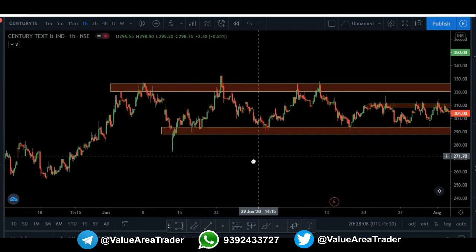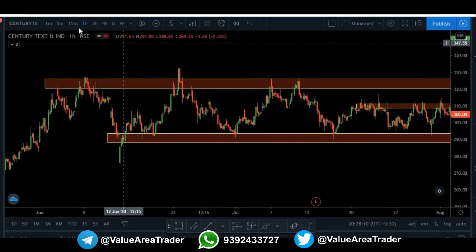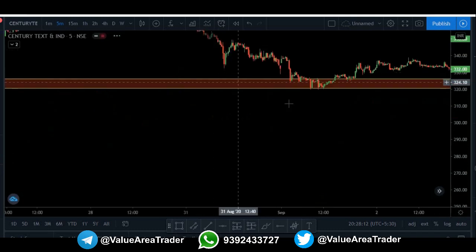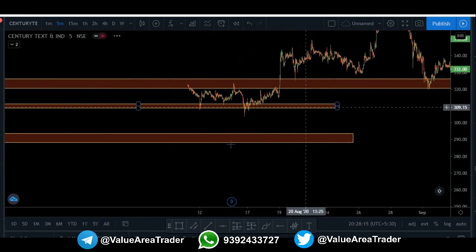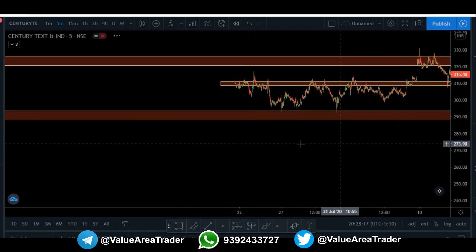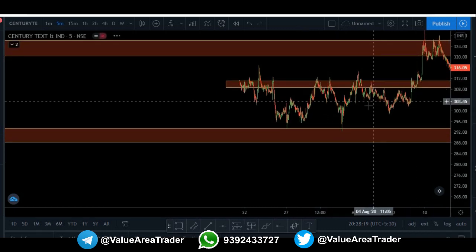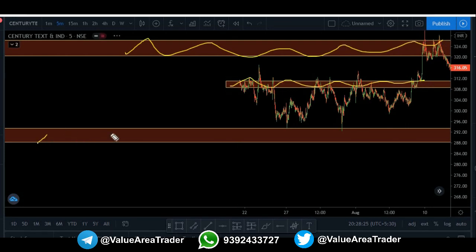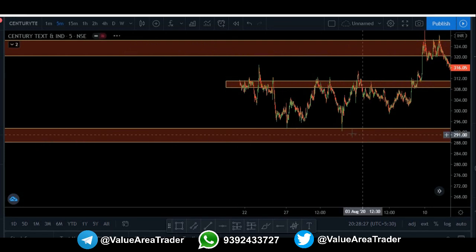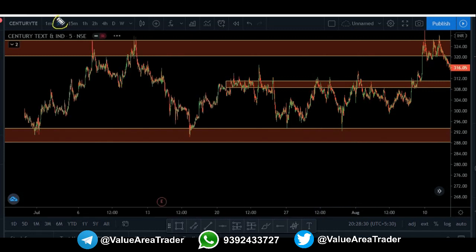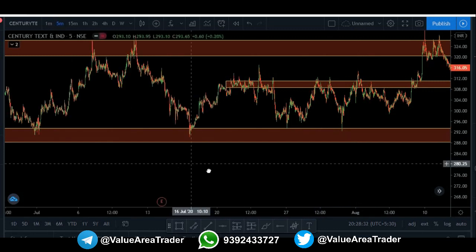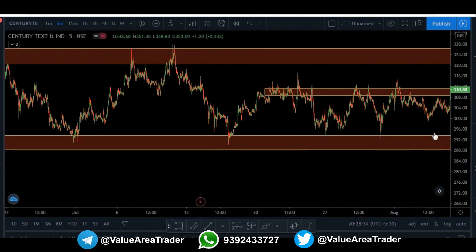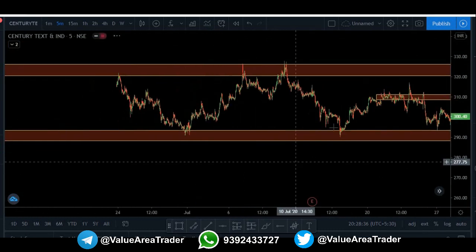So that's why if you're doing intraday, what else you can do is you can go to the 5-minute time frame and then start drawing the intermediate supply and demand zones. Okay, the intermediate supply and demand zone. So these big red color boxes are the main supply and demand zones. So now going inside the 5-minute, that means you are going into the microscopic view and drawing the intermediate zones. Okay, so like this.